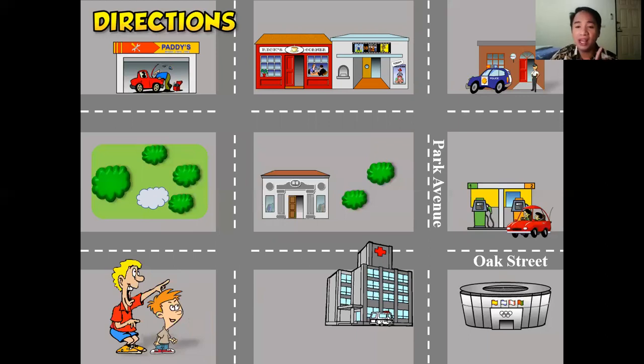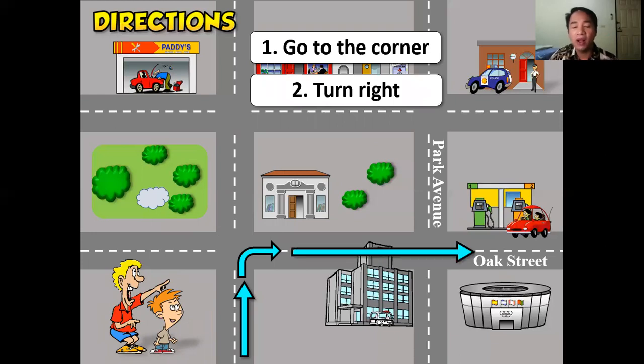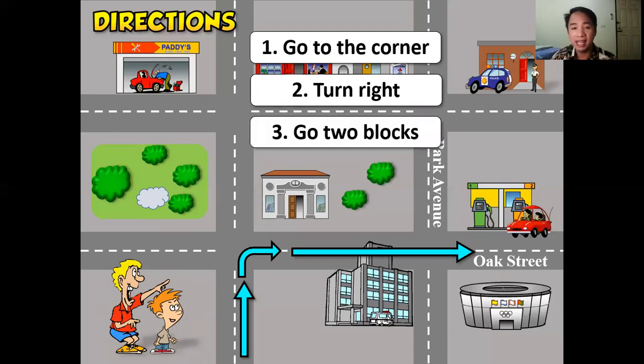First, you have to go on the corner, or you have to walk on the corner, first corner, and then look at the sign. You have to turn right, followed by, okay, you have to walk straight, going to the 2 blocks, or go on 2 blocks, and then you can find there the landmark, which is the gas station. Opposite to the gas station is the stadium, or you can say